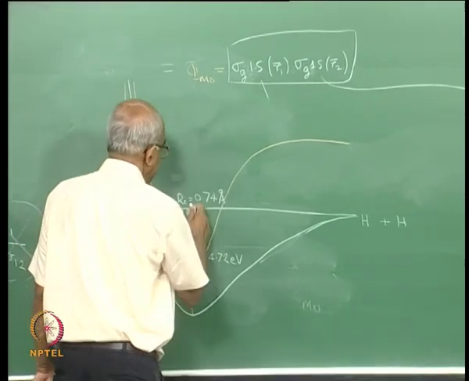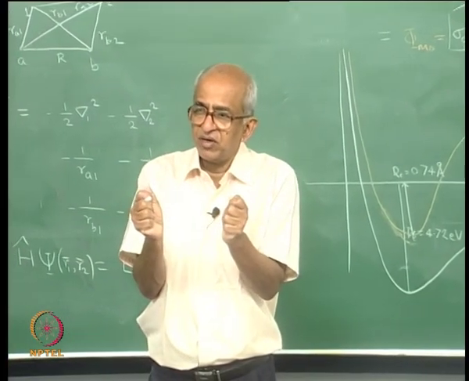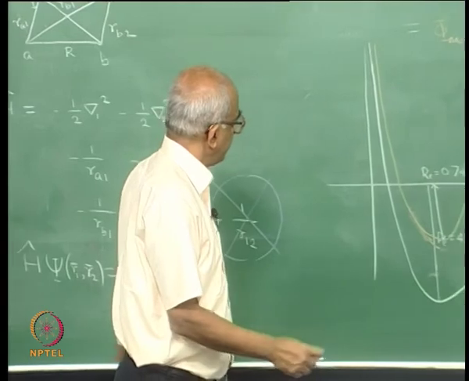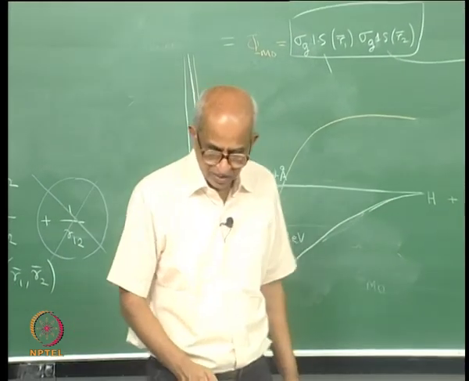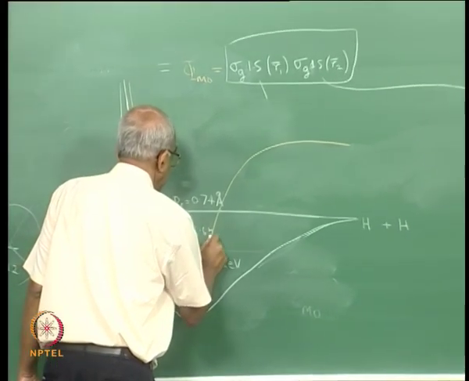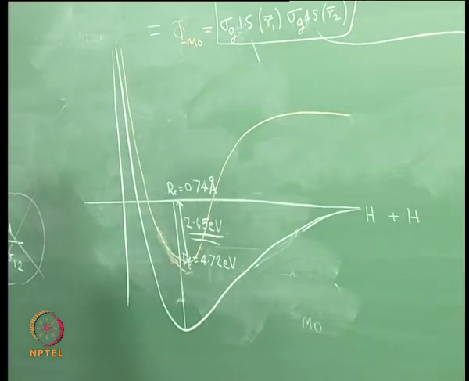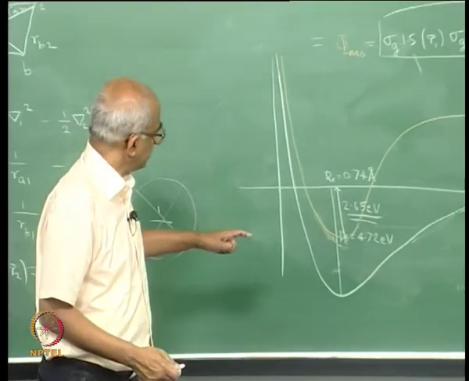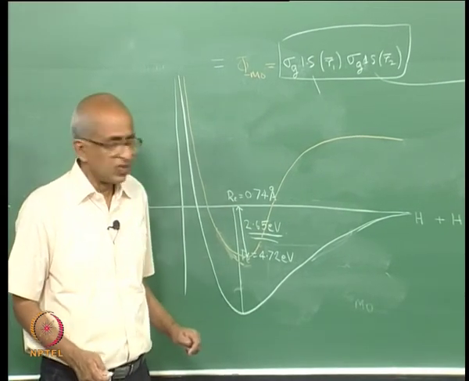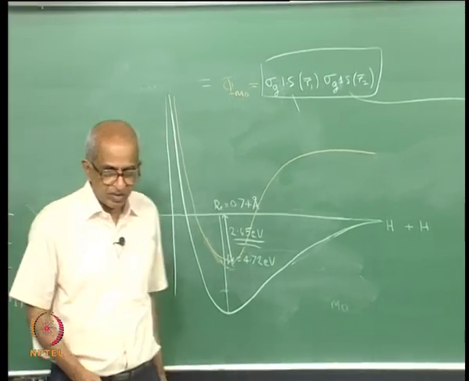So, what is that energy difference? The energy difference is the difference between the energy of the system at equilibrium internuclear distance and the energies of two hydrogen atoms. That you can find out, you will find that it is actually 2.65 electron volts. So, you can say, this is my estimate of dissociation energy, which is 2.65, and in comparison the experimental value is actually 4.72 electron volts. And you can also determine the equilibrium internuclear distance. The equilibrium internuclear distance, according to the calculation,